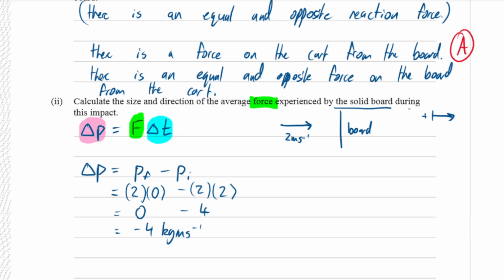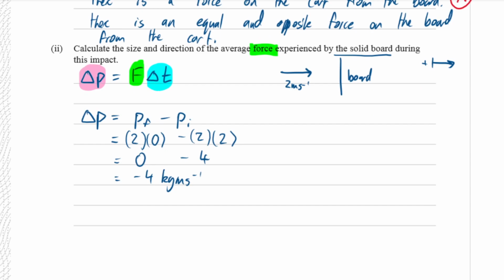And the negative tells us that the change in momentum is to the left. Okay, now we can solve for force. Force equals change in momentum over time, -4 divided by 0.02,